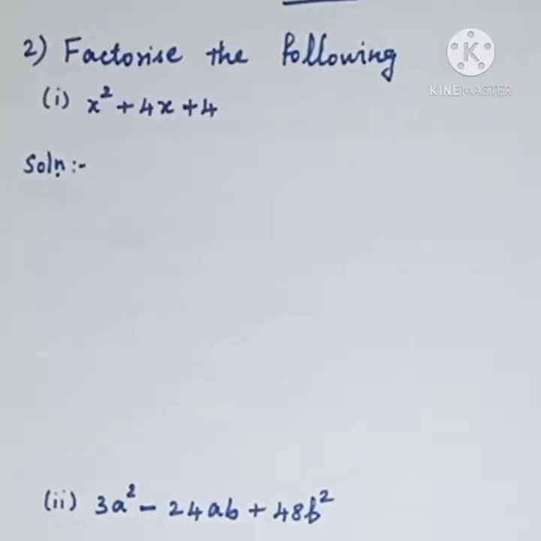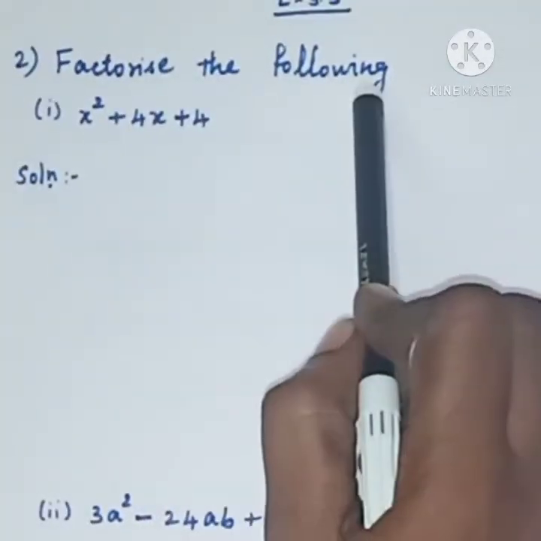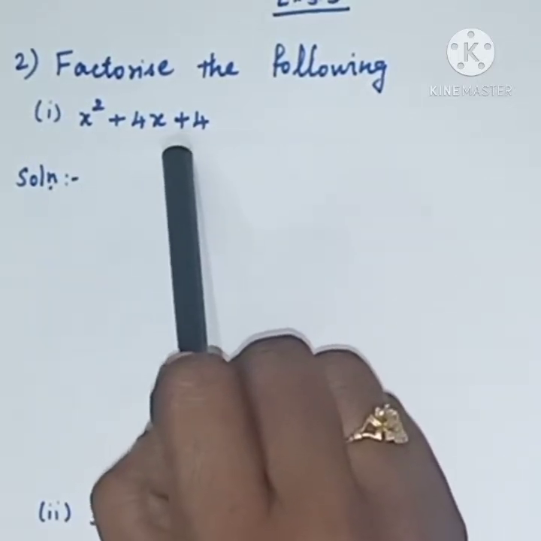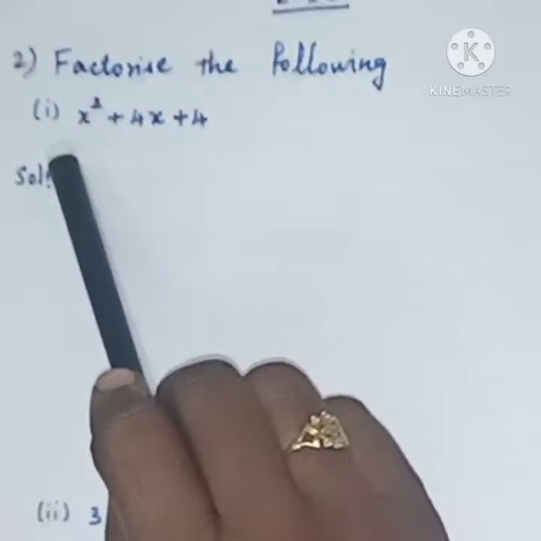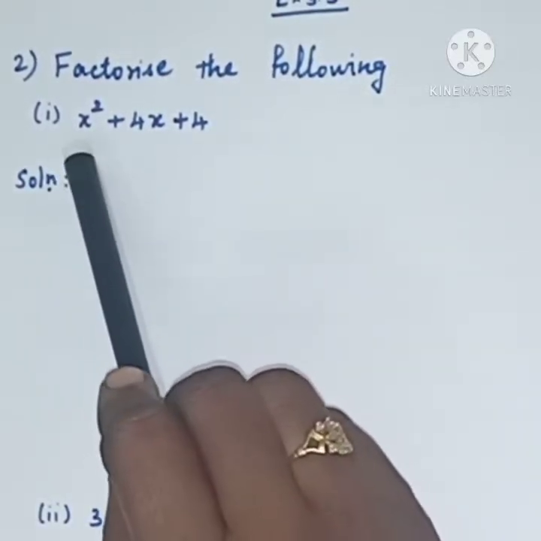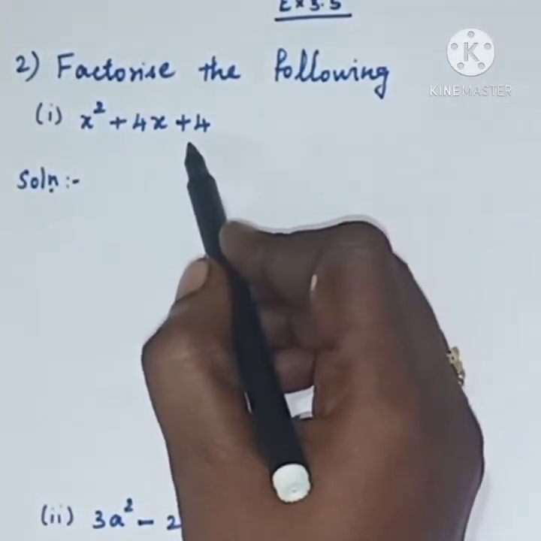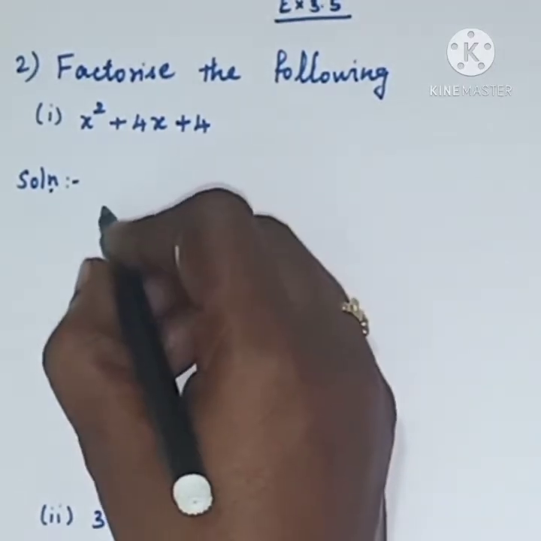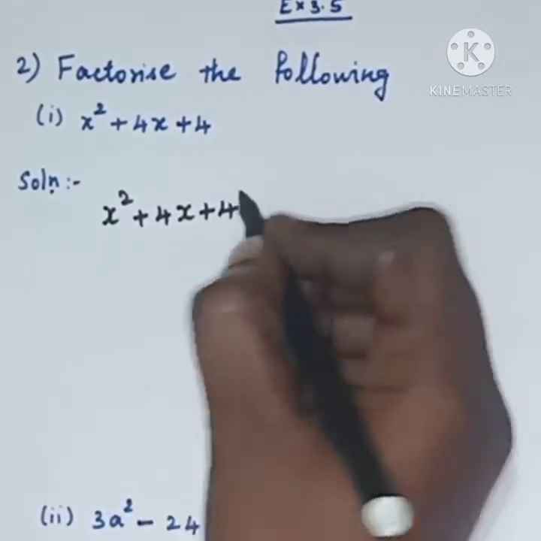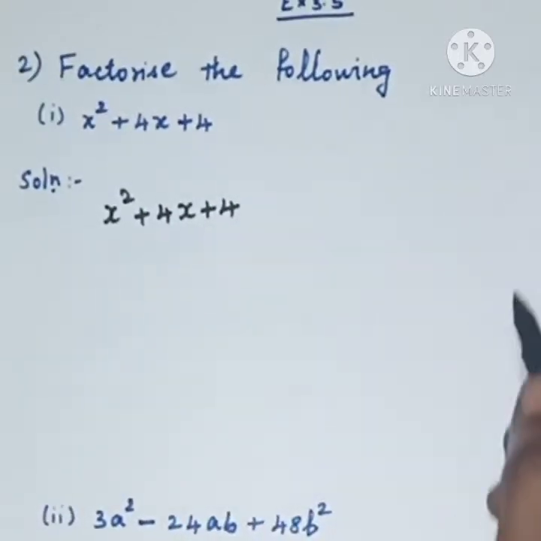Exercise 3.5, second sum. Factorize the following. The first subdivision is x square plus 4x plus 4. So in the first sum, how many terms are there? There are 3 terms. The first term is x square, the second term is 4x, and the last term is 4. These are the 3 terms we have in the expression x square plus 4x plus 4,